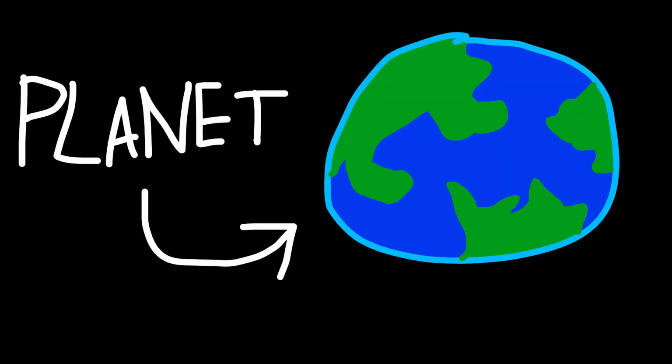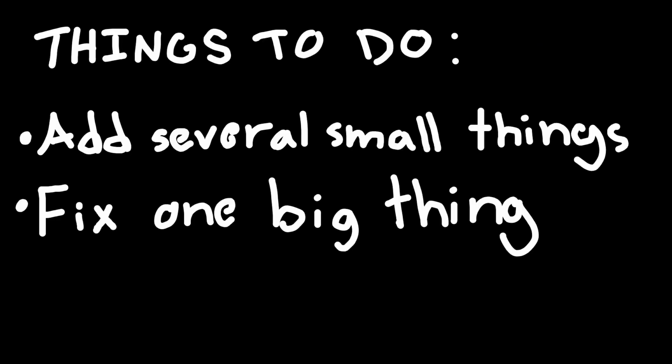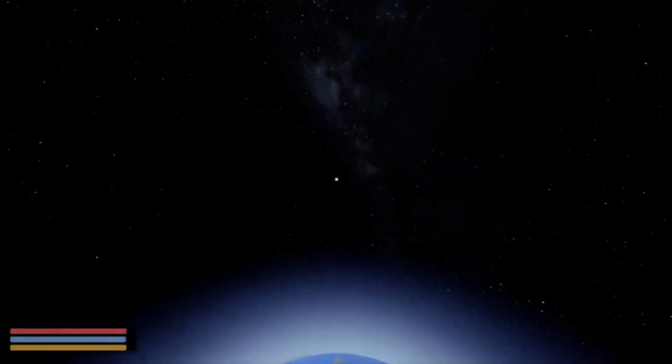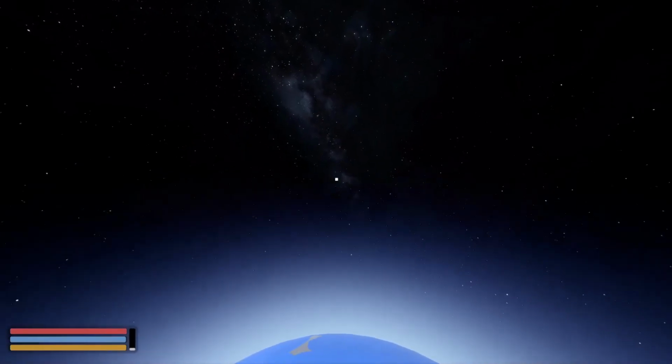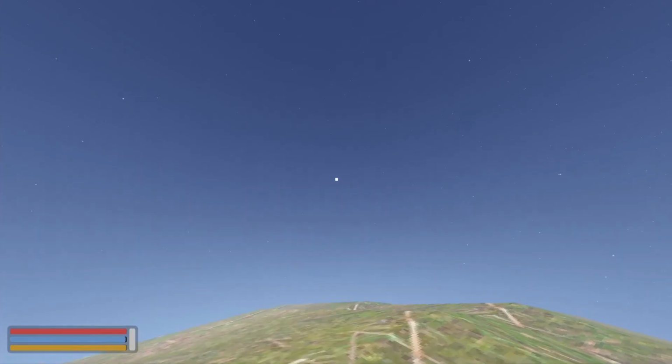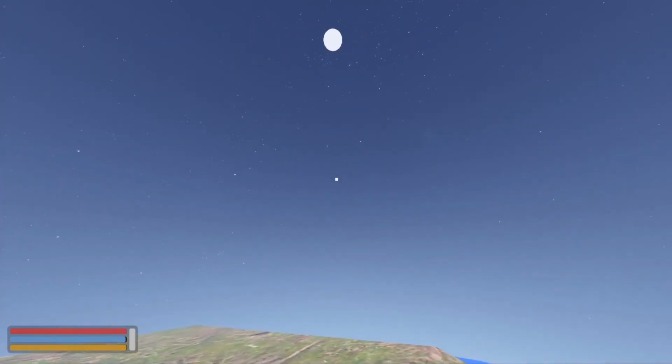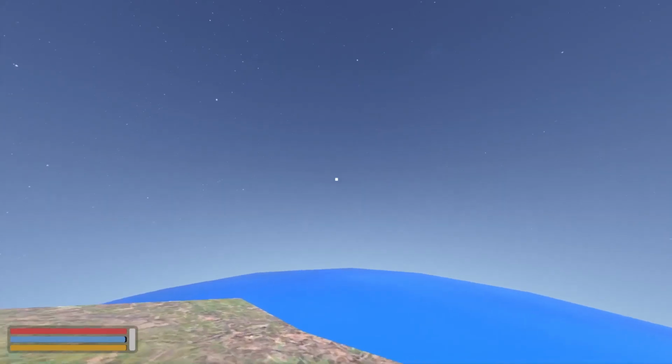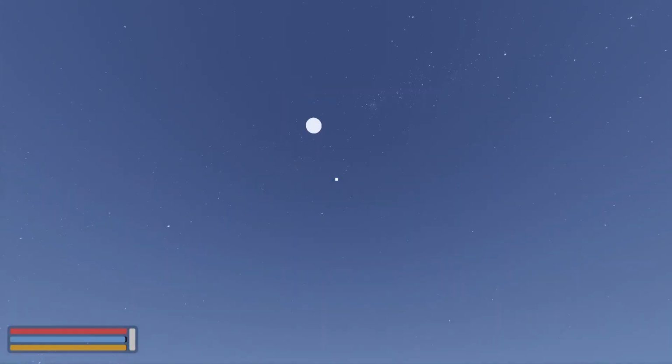So we've got planets, but there were a few little touches that I wanted to add and one major problem that I wanted to address before I moved on. We'll start with the small things. One thing that always annoyed me was how if you go down onto the planet and you look at the sky, you'll see that you can still see the stars, which that's not right. The stars should be obstructed during the daytime, and so I fixed that, and you'll see this is what it